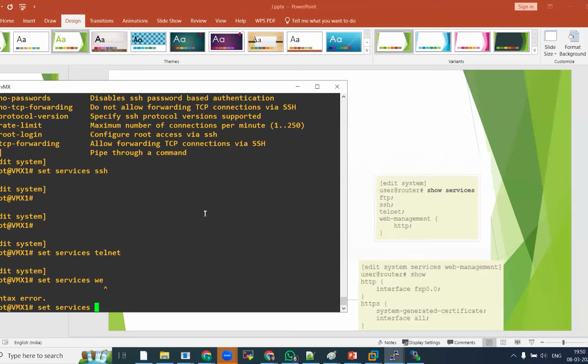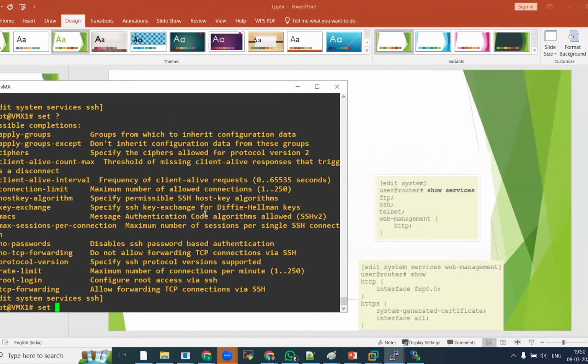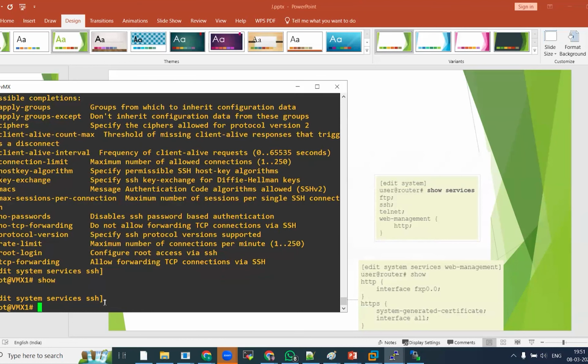So let's check with the SSH, edit, services, SSH, enter this. Do we have any options for the interface? That's not needed, I think. Here we can go directly. And right now we are in the system services, right? System services SSH. And if you check here show command, it shows you nothing because we don't have anything set